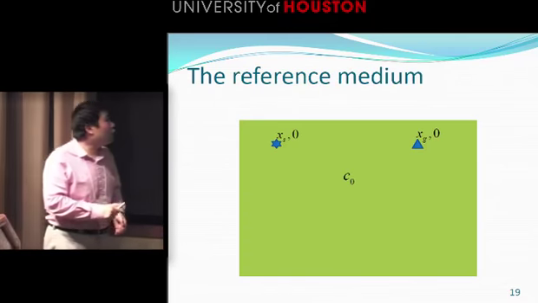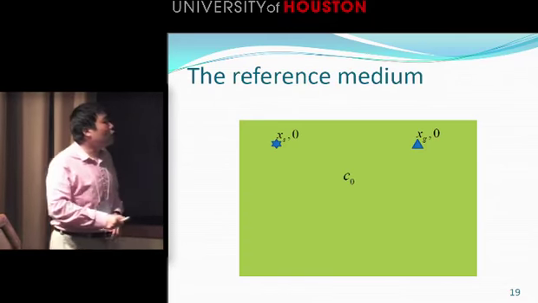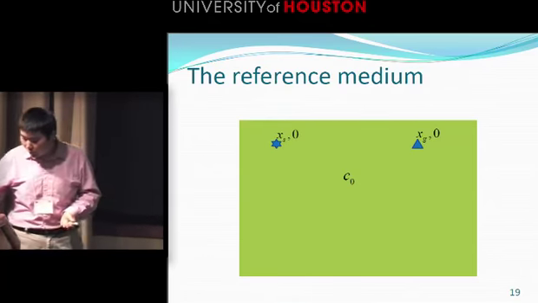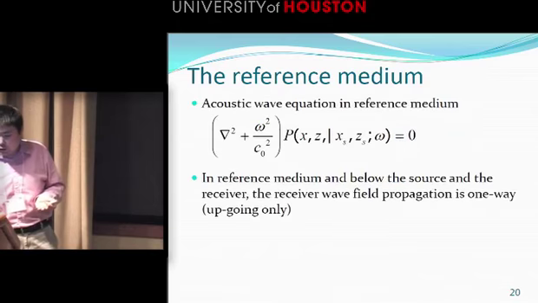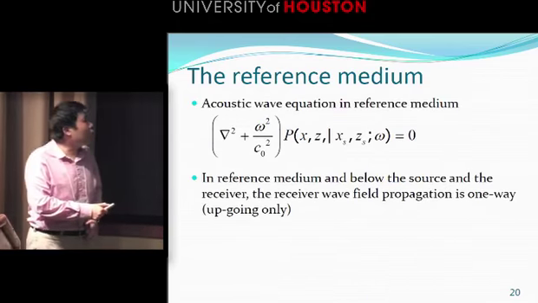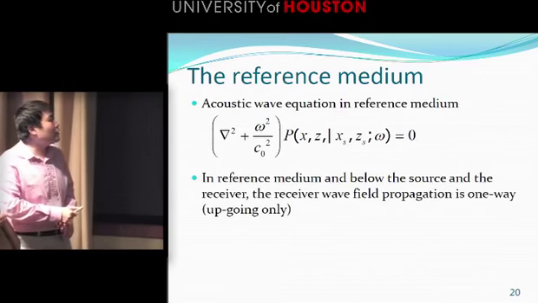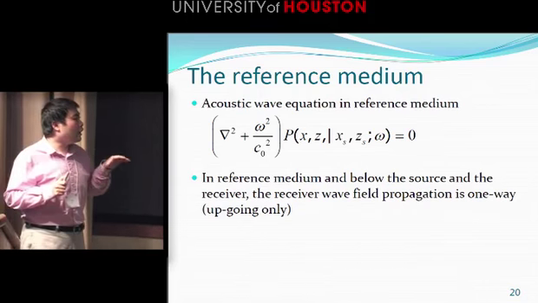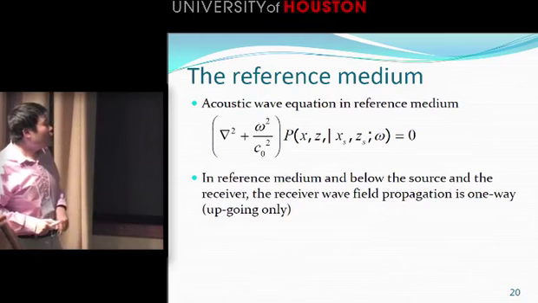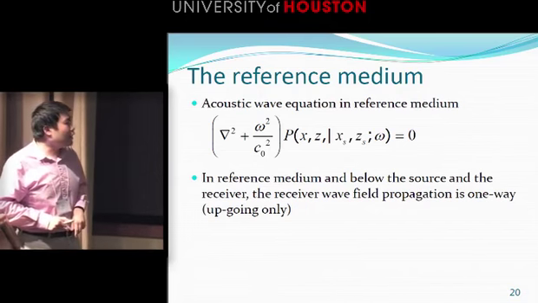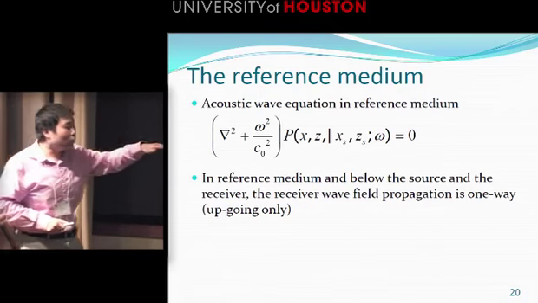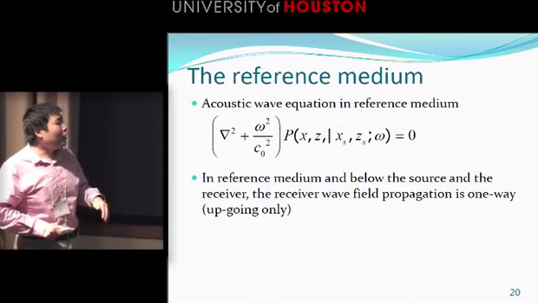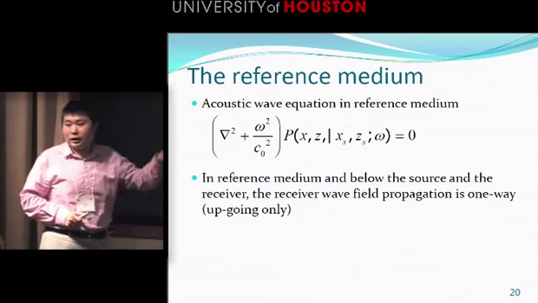In this case, the reference medium is simple. It's just a whole space, homogeneous, with constant velocity. Why do we choose that? Because this is the acoustic wave equation in the reference medium. It's a constant medium, so it's very simple. After we choose this situation, in the reference medium and below the receiver, wave field propagation is one way, only upgoing. There is no downgoing